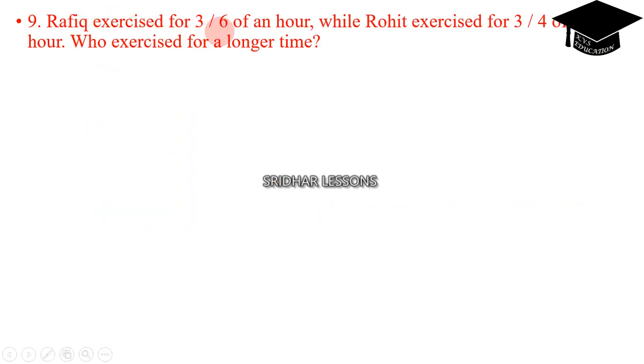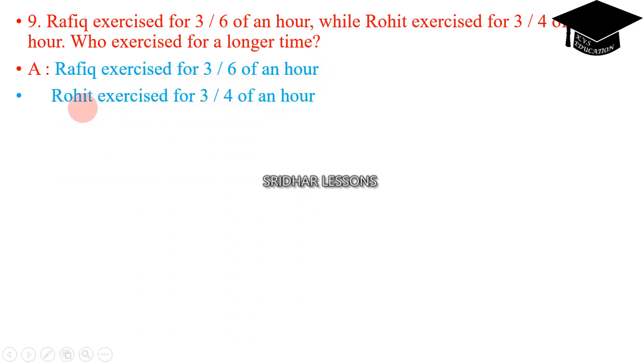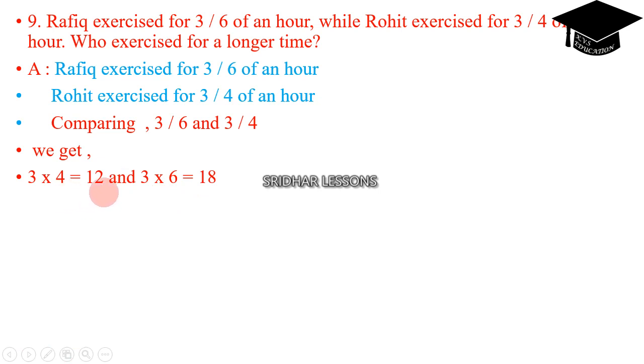Rafiq exercised for 3 by 6 of an hour, while Rohit exercised for 3 by 4 of an hour. Who exercised for a longer time? We will see. Comparing 3 by 6 and 3 by 4, we get 3 into 4 equals 12 and 3 into 6 equals 18 by cross multiplication. Since 12 is less than 18,